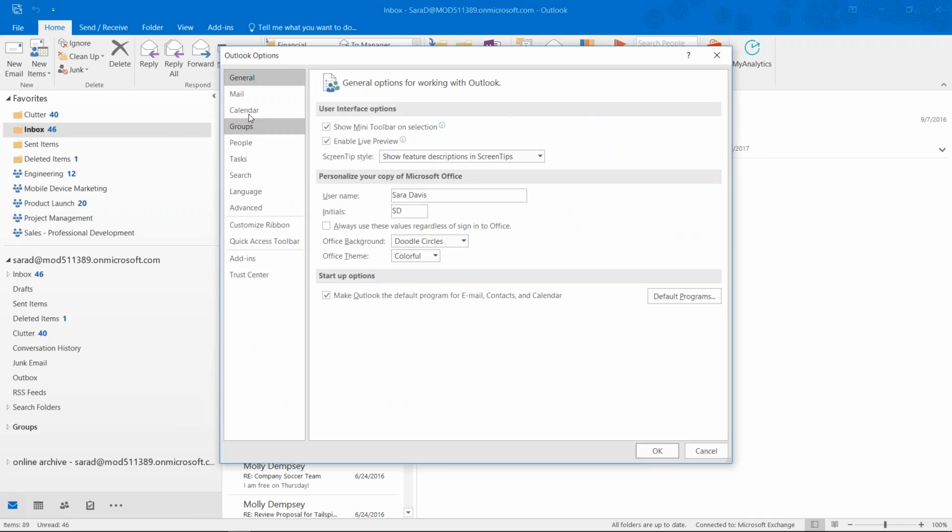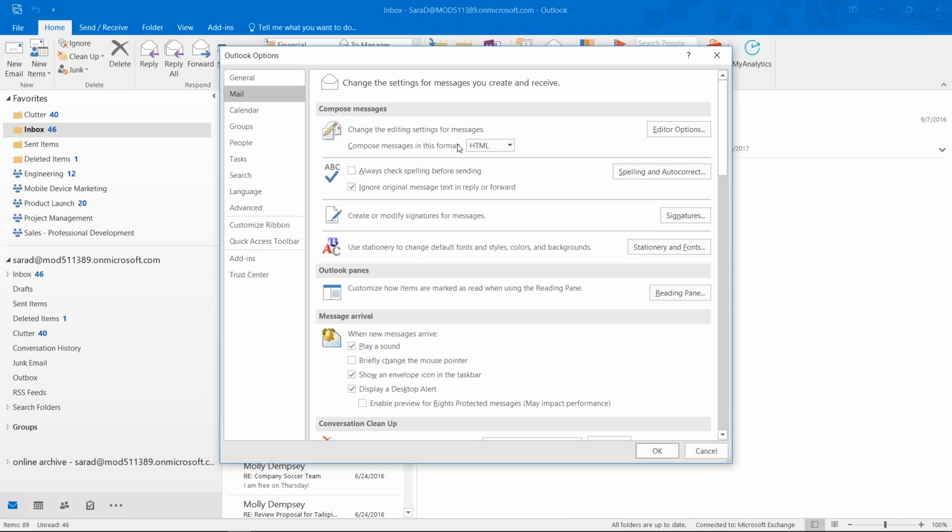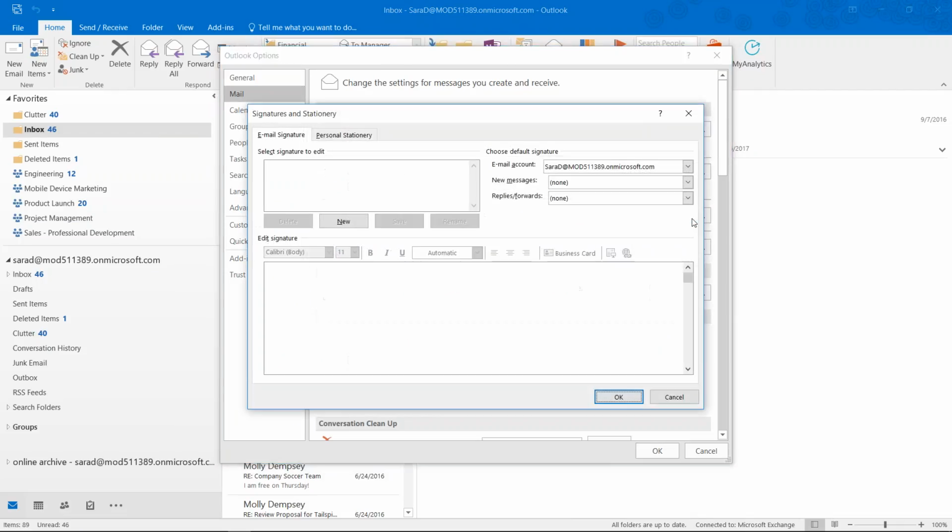This is going to give you a pop-up, and you can see we've got a lot of different tabs here. The one we want to go to is Mail, and then you can see there's another tab here for Signatures. So this is where all your signatures are going to be controlled from the Outlook desktop client. So you can see I don't have anything in here, so I want to come in and create a brand new one. And I actually recommend creating two, so I'm just going to call this Standard,